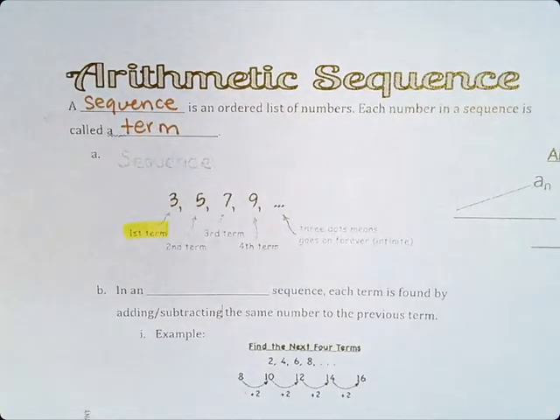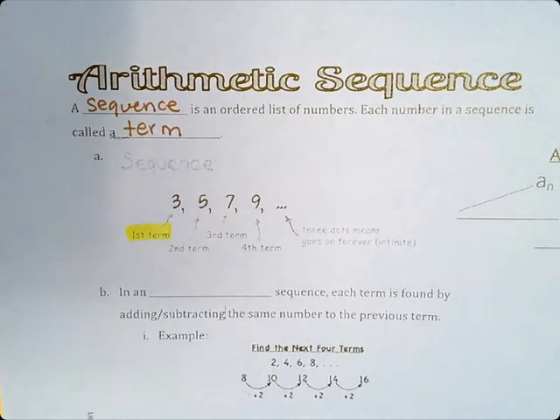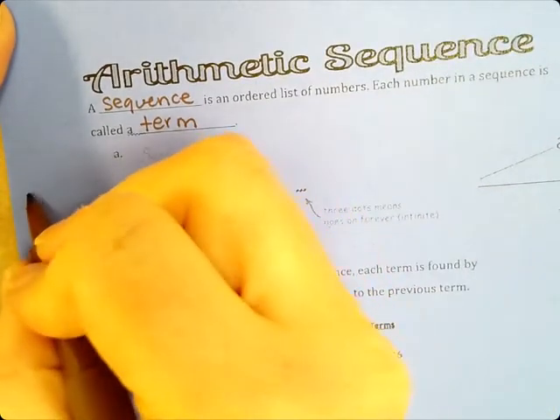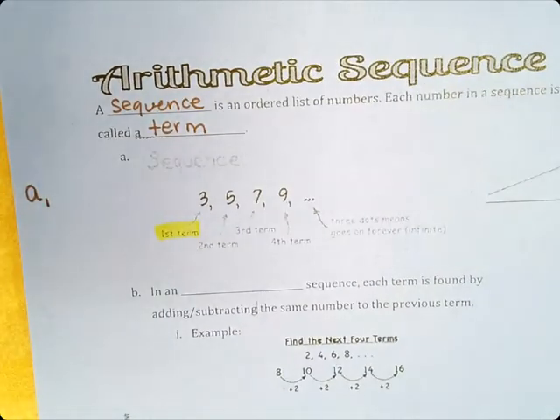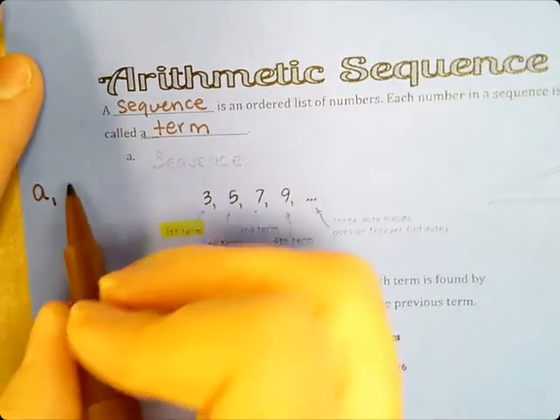So the way that we can identify this is using A for arithmetic and 1 for the term number. We are going to use what's called subscripts. So this is a subscript, A1. Superscript is like an exponent. Subscript is down below. It's like in the basement. So A1